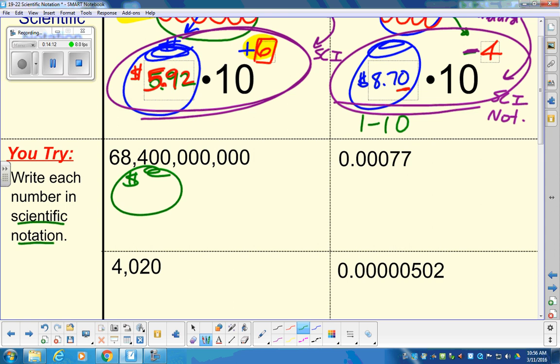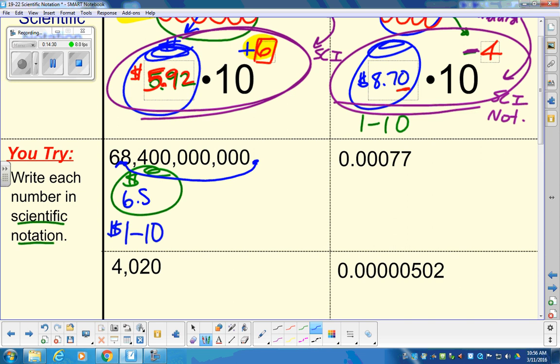You have 2 rules. The first rule is the first number has to be a number between 1 and 10. It's called the coefficient. So right now we have 68,400,000,000. Too much. The bank can only take between $1 and $10. It has to be less than 10. We're going to take the decimal, we're going to move it, we're going to lock it in right here, which becomes